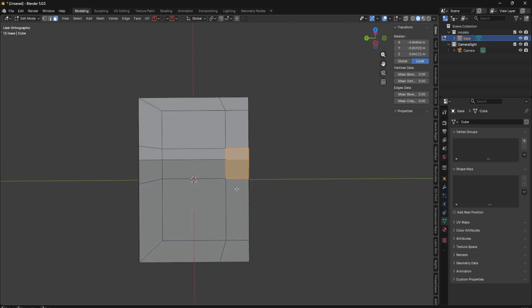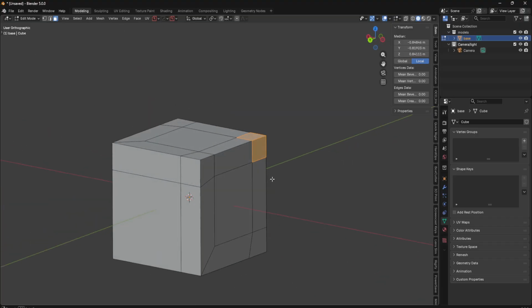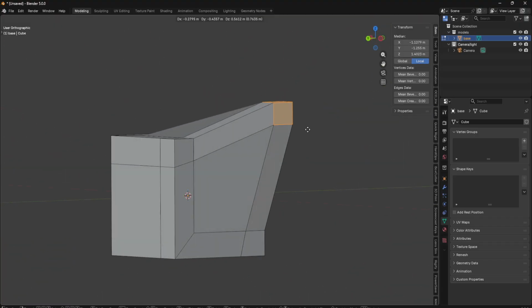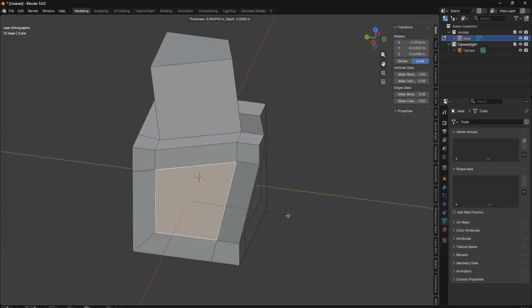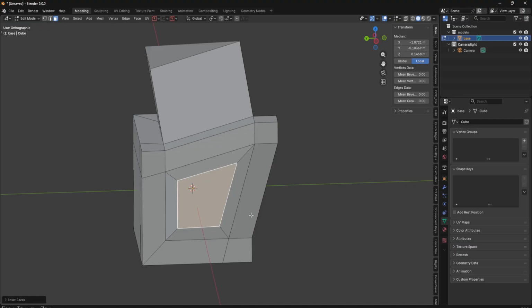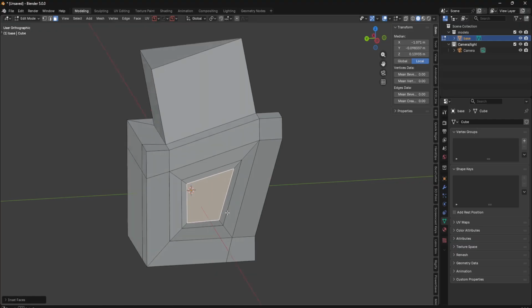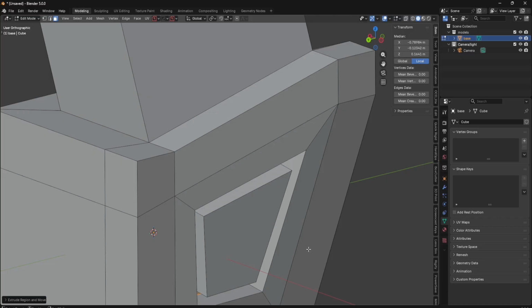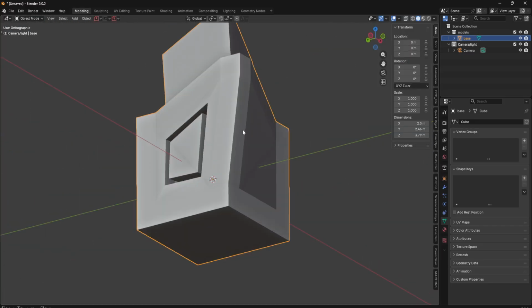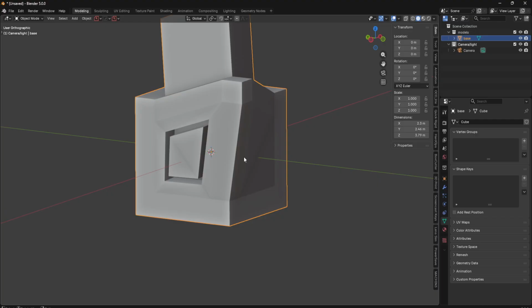Those are the basic things that you will be doing while modifying. So you will be moving things, you will be extruding things, you will be insetting things, and then, for example, you can do more inset. Then we can select this area over here and then just extrude it over here. We have a detail over there like that. Now,